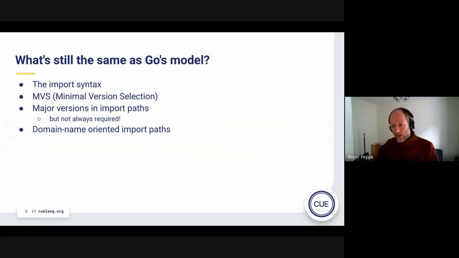And the other thing that is still the same is that our import paths are still domain name oriented. So we're not going to some system like JavaScript has, for example, where you essentially have this name grab at the start, because you don't have any qualification on your names. There are some downsides to that, of course, because your import paths are longer, but there are a load of upsides too. In fact, it makes it easy to have a global namespace for modules without worrying about clashes, and DNS becomes your sort of arbiter.